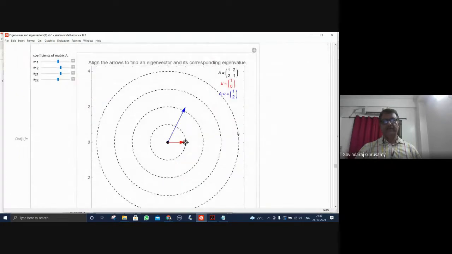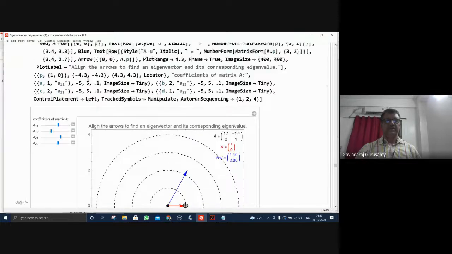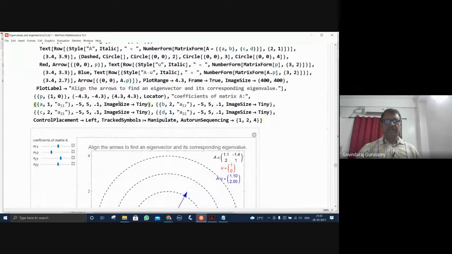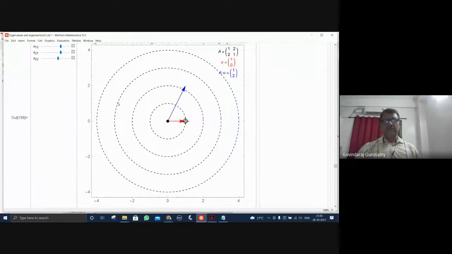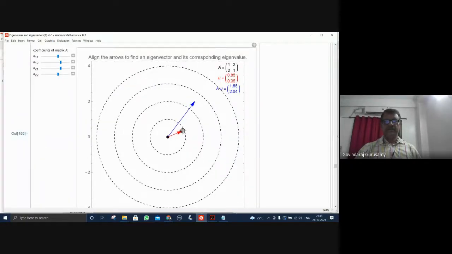For example, when it is matching with this, the vector we have here, I can rotate this and change this vector. You can see here, these are the A variations. I just fix this one as it is. So you can vary this and bring it to the form here, and when it is matching, you will get the eigenvalue. The common factor you can see here, the vector will be there. So 1.17 becomes 1, and 1 is the eigenvalue here, but the exact value is also possible by changing this magnitude.